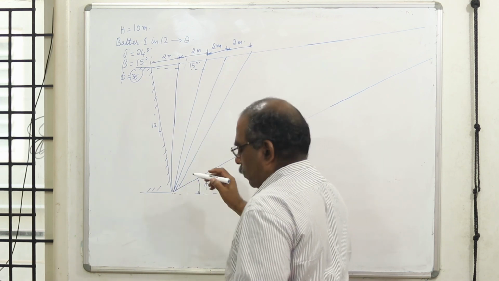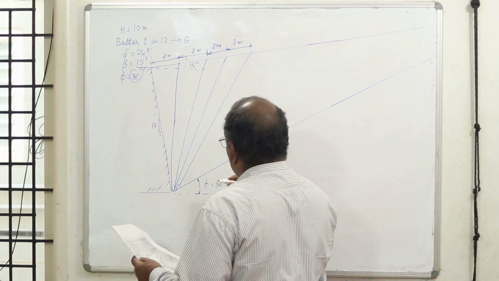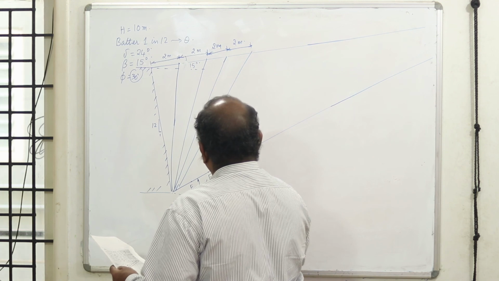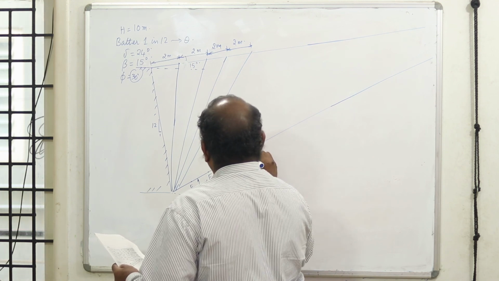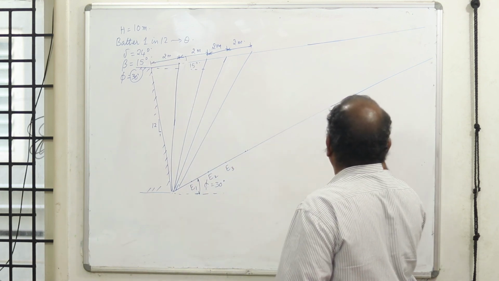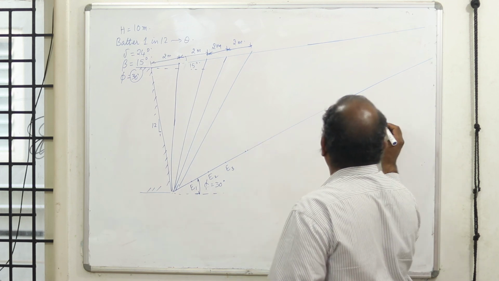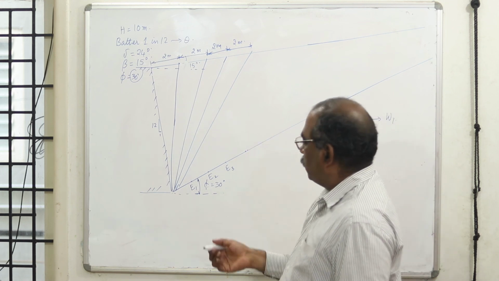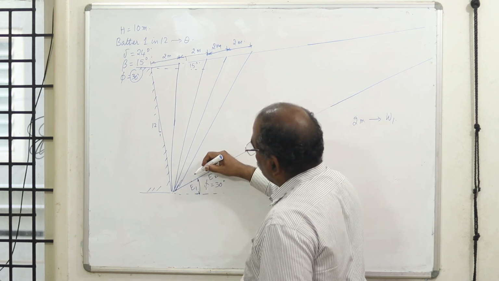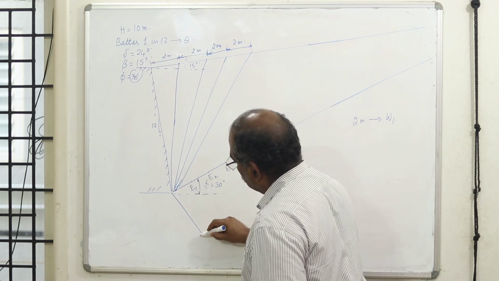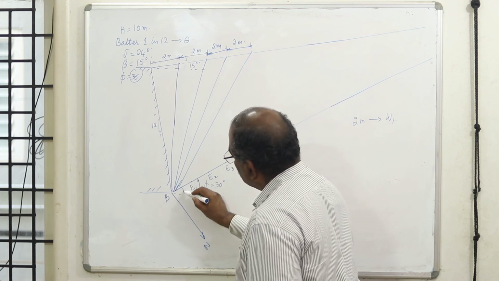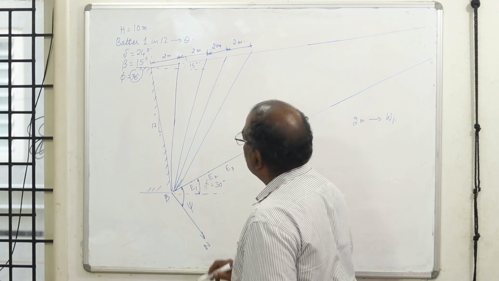Now I have found out the weight of the wedge and I have marked the points as E1, E2, E3. I have taken the same 2 meters, so 2 meters is representing a certain weight W1. Therefore, it becomes easy for me to do the construction. It will save a lot of time. Then I have got my psi line. This is B, N. Now this angle is the angle psi.